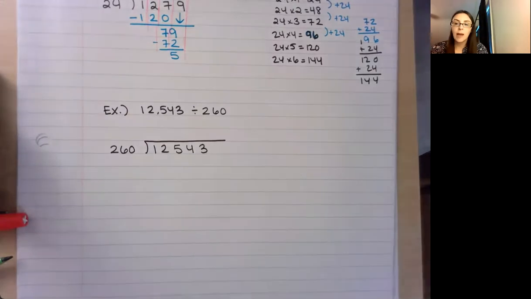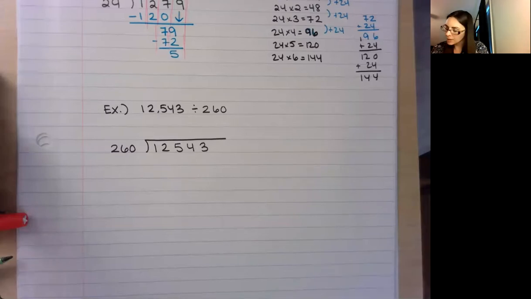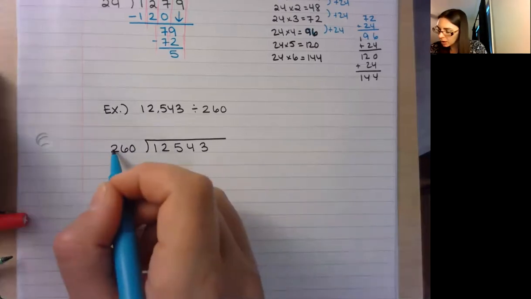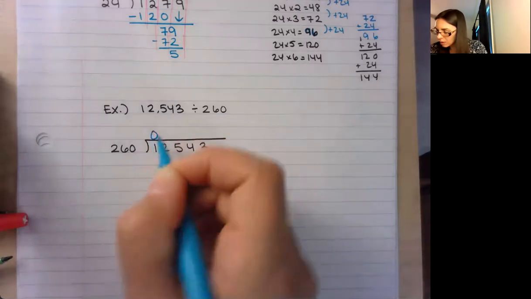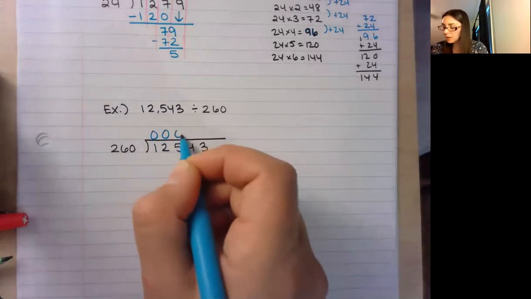Now, for this one, I'm not going to do the multiplication table list here because 260 is pretty high. That's going to take me a little bit of time. It works really nice for smaller numbers, but it can be kind of tough for large numbers. So I'm going to try to estimate what I think the answer is going to be and see if I can get close. So I'm going to start first. 260 does not go into 1. It does not go into 12. And it does not go into 125. So the first thing it goes into is